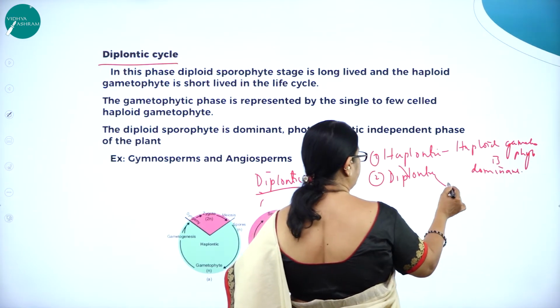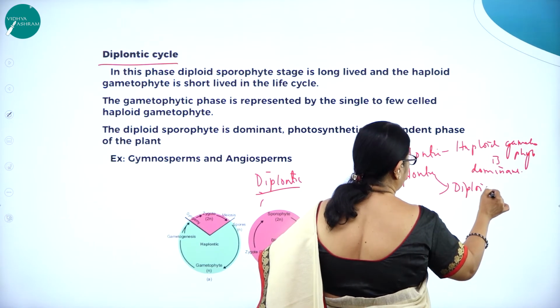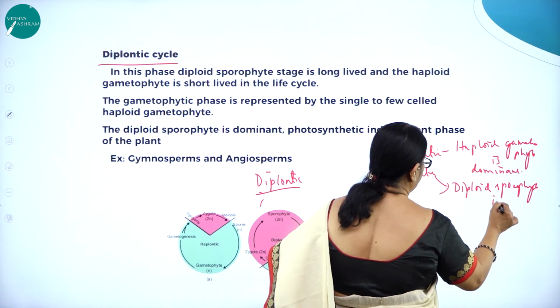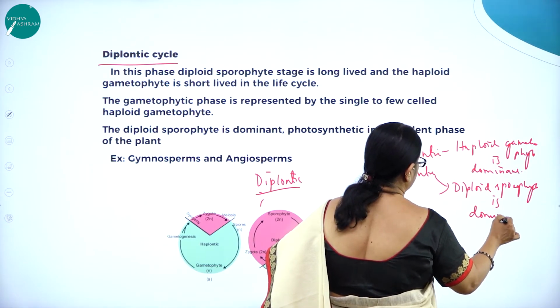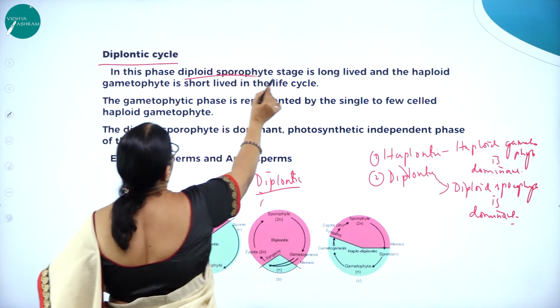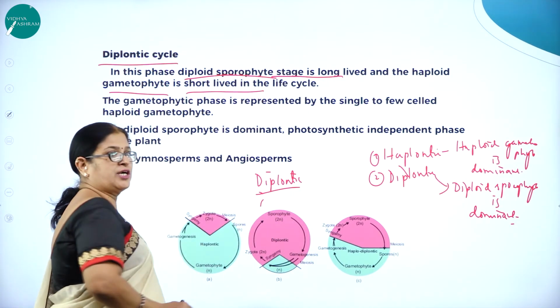That means it is long-lived. In diplontic, diploid sporophyte, sporophyte is dominant, right? So here in this phase, diploid sporophyte stage is long-lived and the haploid gametophyte is short-lived in the